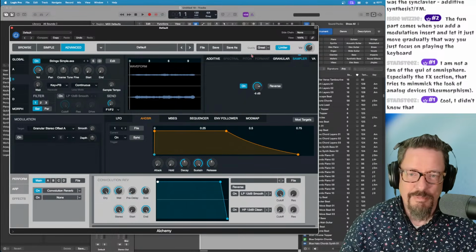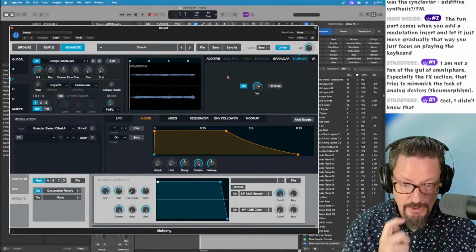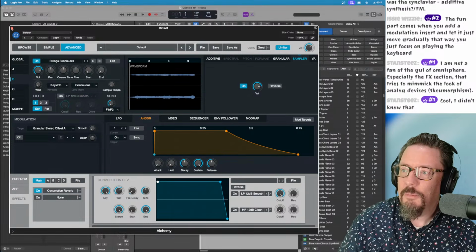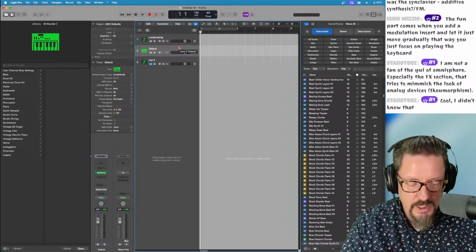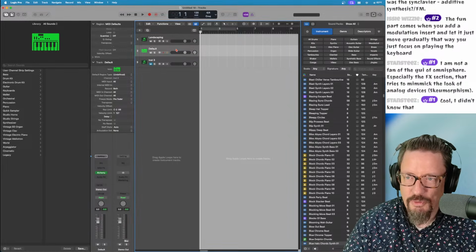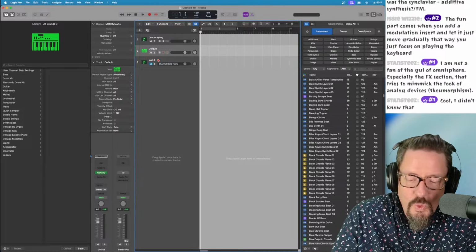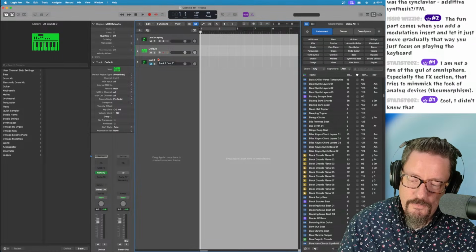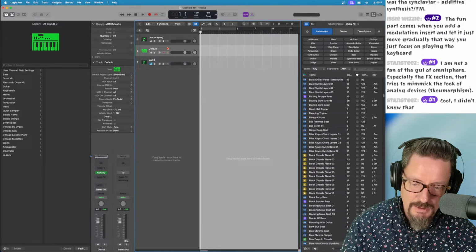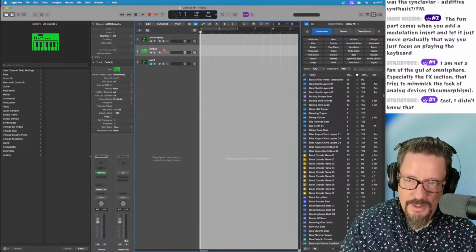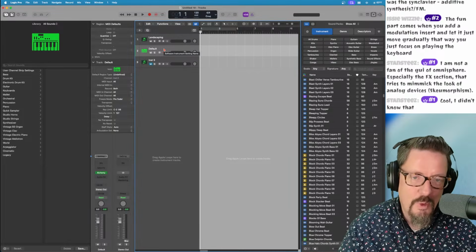So the potential is here, for sure. Anytime they say you can have 8 different instances inside Omnisphere 3, and they have the quad zone, cool. But I don't think we were that far off from doing this. If you just make 4 different tracks and do a track stack in Logic, you could have way more than them. You know what I mean?